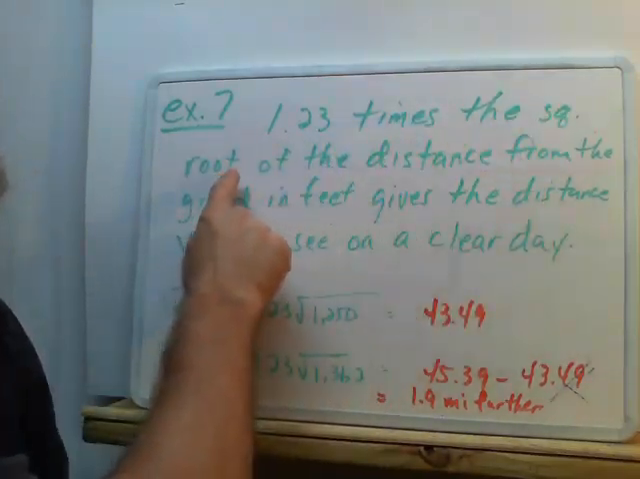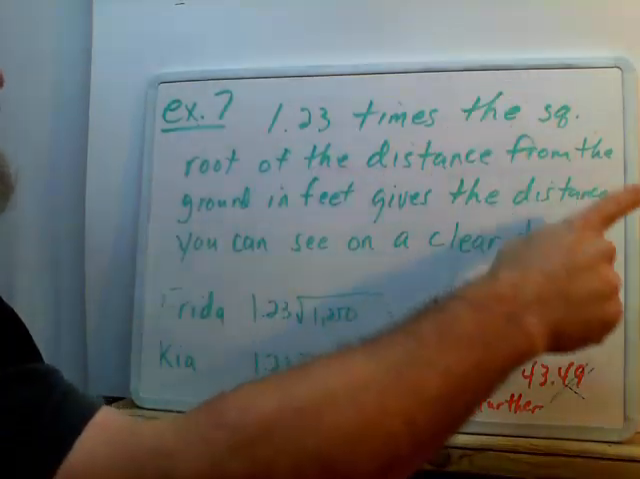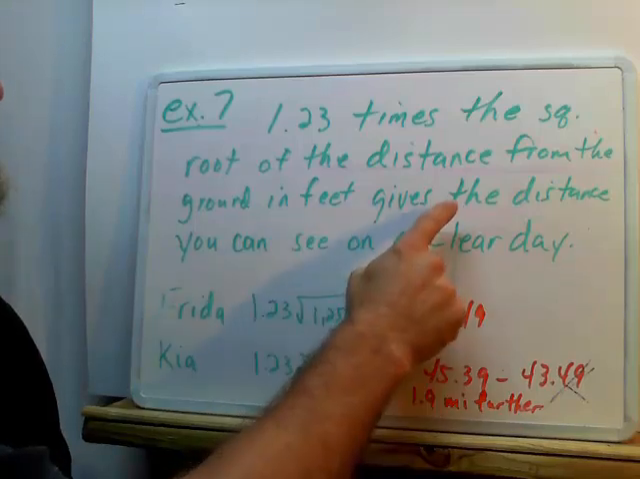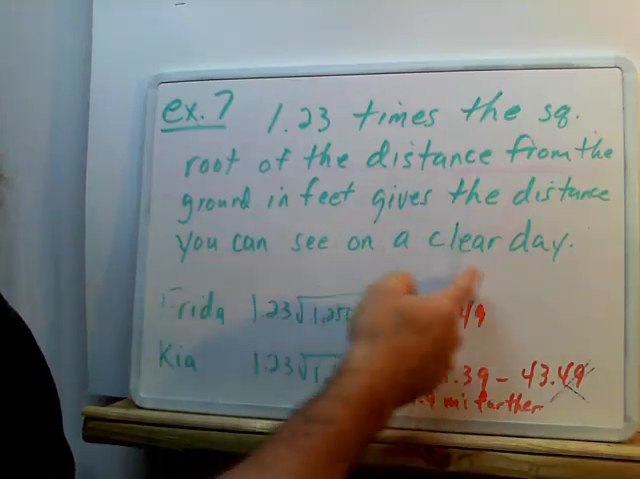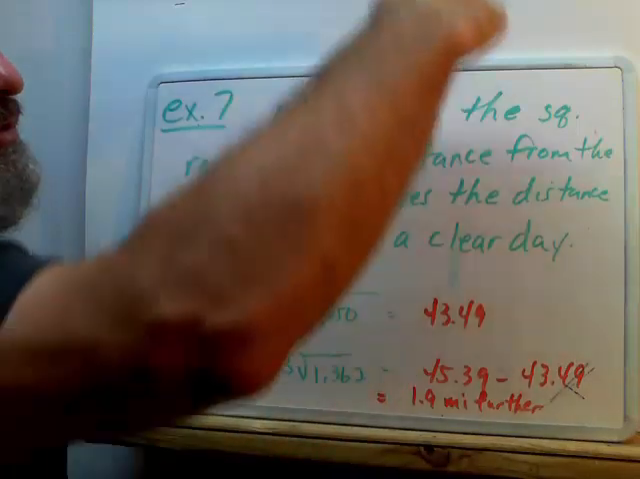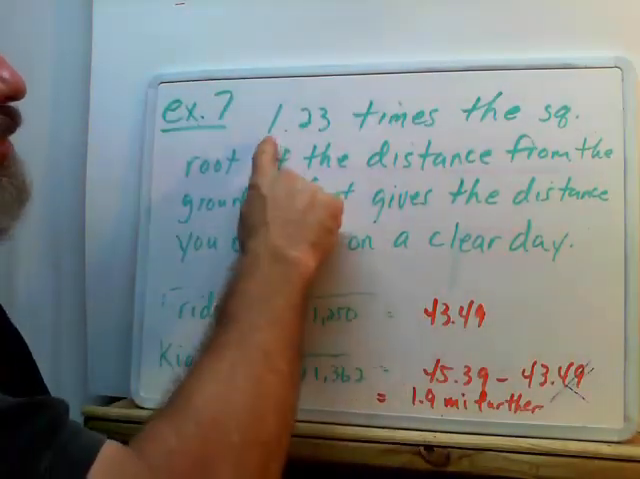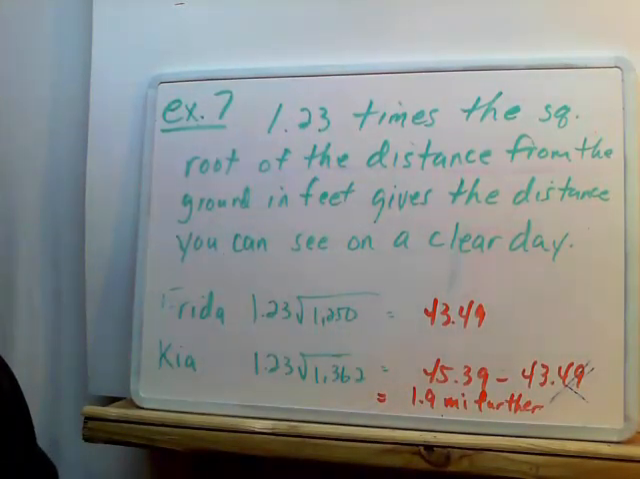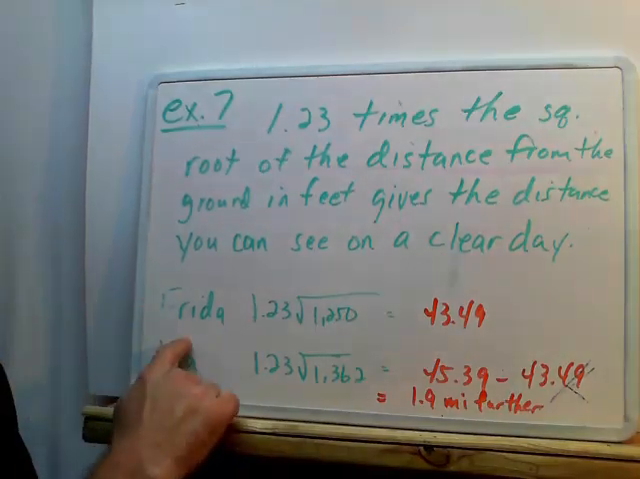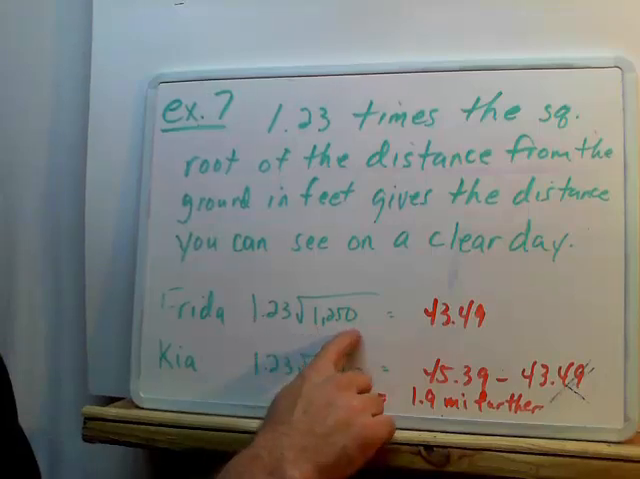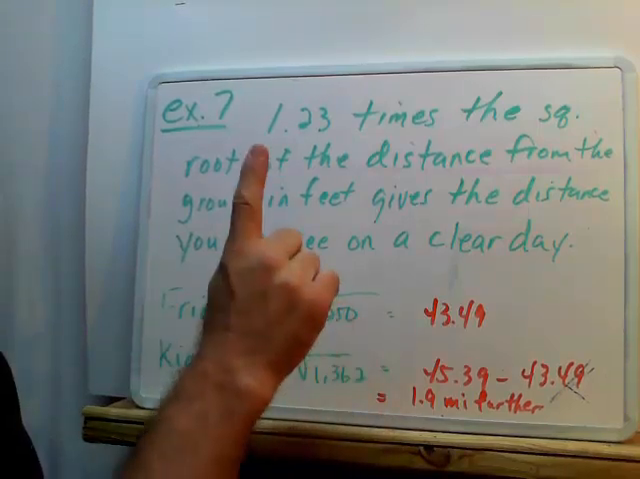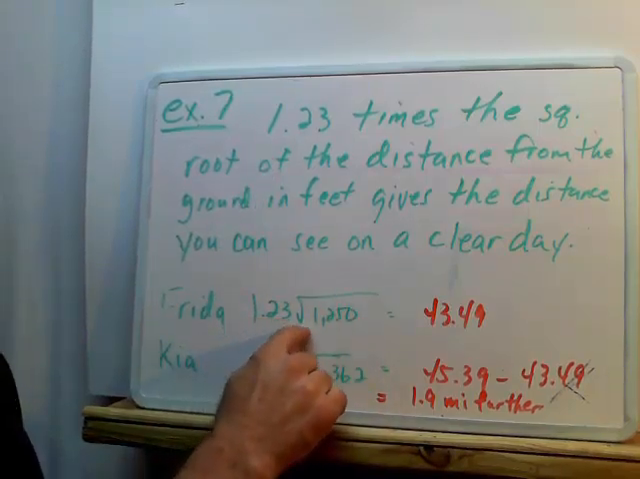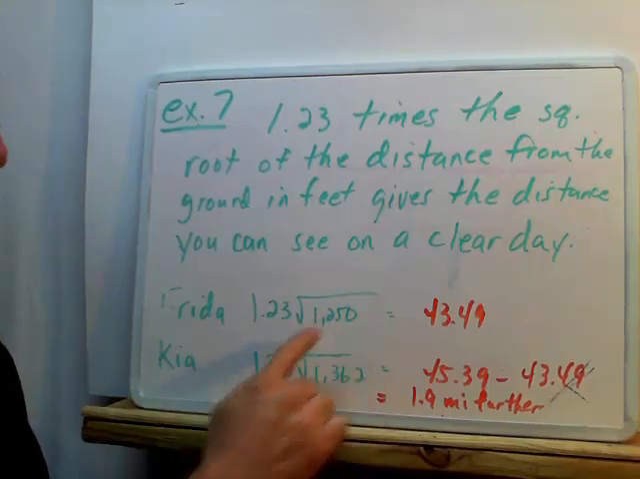1.23 times the square root of the distance from the ground in feet gives the distance that you can see on a clear day. So in other words, whatever distance you are from the ground, take the square root of that, multiply it by 1.23, and it'll tell you how far you should be able to see on a clear day. So Frida obviously was 1,250 feet up, so she could see 1.23 times the square root of 1,250, and